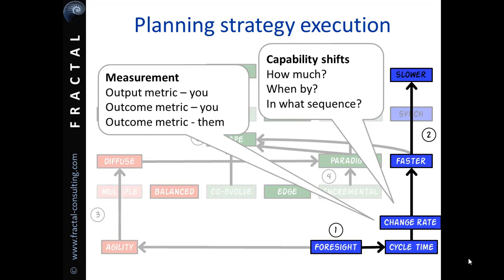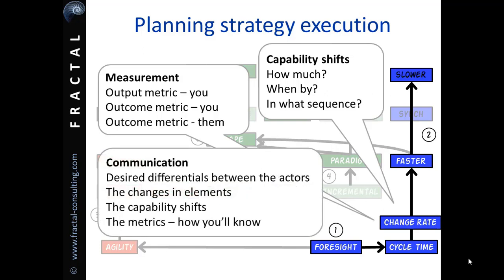And because we model the other actor in the coupling, it's easy to work out what these should be. These tell you whether your internal capability shifts have had an effect on your fit and whether that has achieved an advantage for you. So you need metrics about shift in fit, about the effect your strategy is having on the other party in the coupling. And it also helps with crafting a succinct and clear internal communication of the strategy.